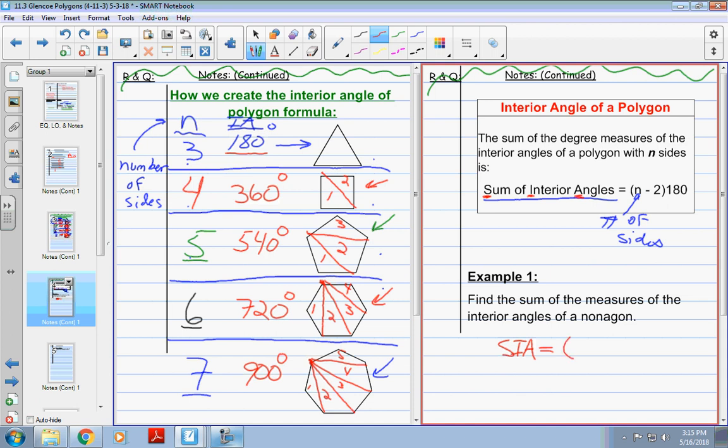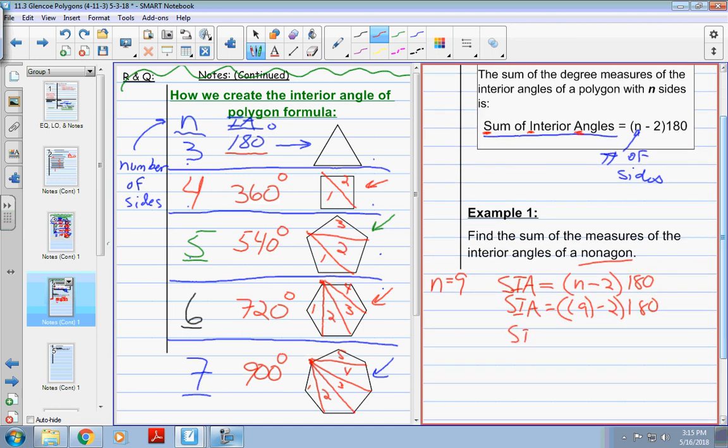It always equals n minus 2 times 180. Notice we're using a formula, so I wrote the formula down. A nonagon has 9 sides, so we know n equals 9. All we do is substitute into our formula and solve, and we can get our answer. n minus 2 gets us 7, and 7 times 180. Give me 1 second as I do that in my head here. That's going to get us